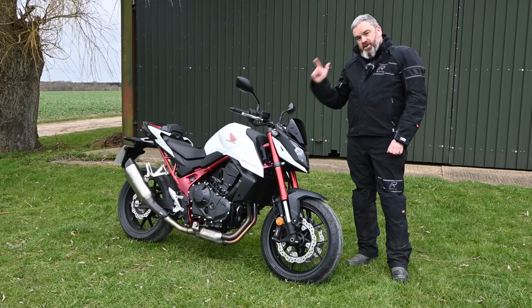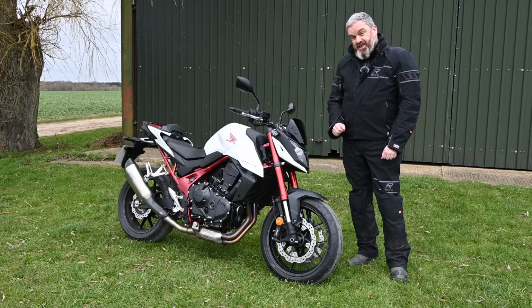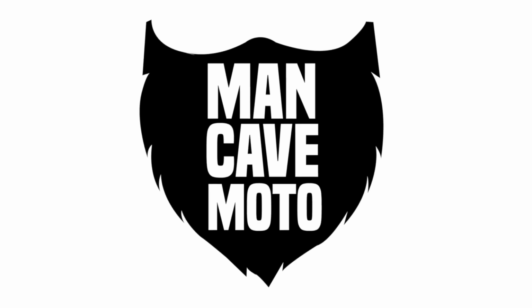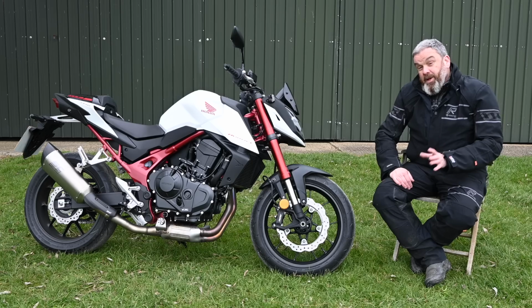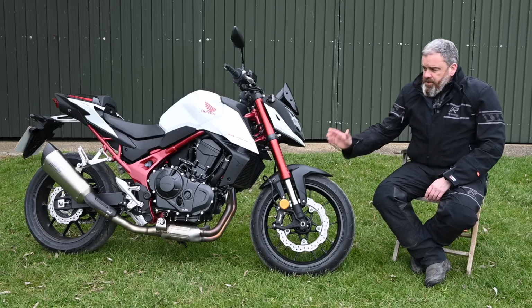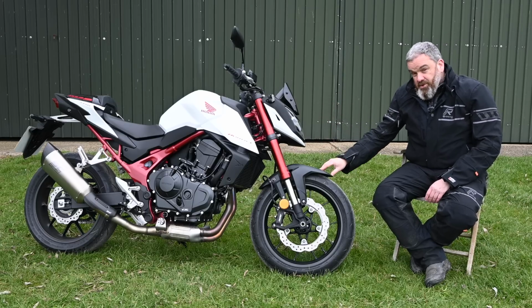This is the new 2023 Honda Hornet, and this can be yours for £6,999. Let's see what it's all about. In the middleweight naked bike market, the Hornet faces some very stiff competition. But given this bike's price, its power, the build quality and the features, I think it should stack up pretty